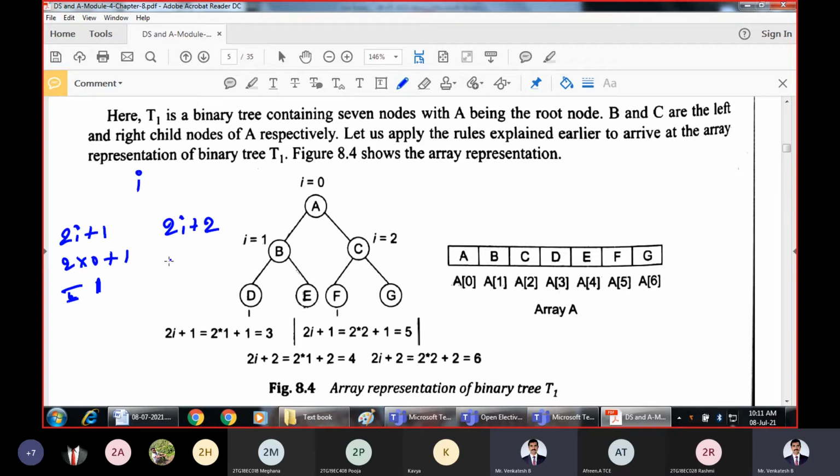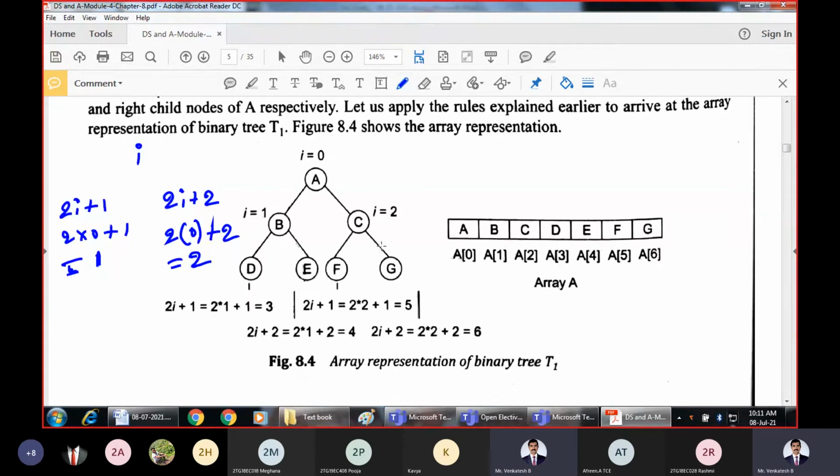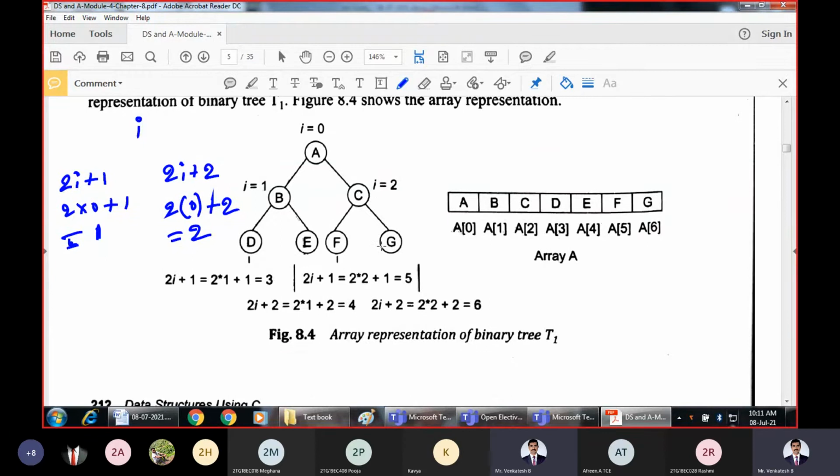Substituting in the formula, 2 into i, where i is 0, plus 2 is 2. That means if A is at index i, then the right child of A, C, will be at index 2i plus 2, which is 2. That is a very simple formula to obtain the index value for any node in a binary tree.